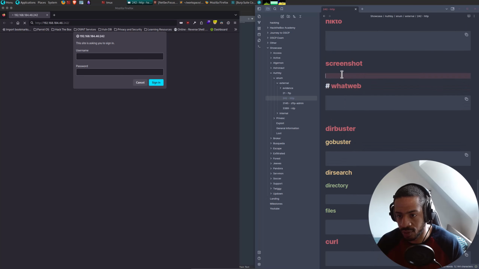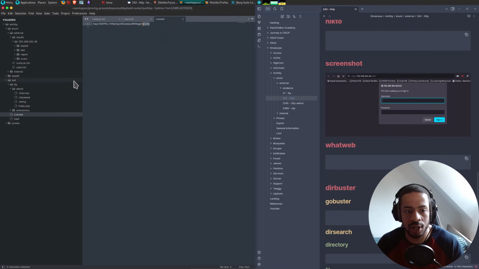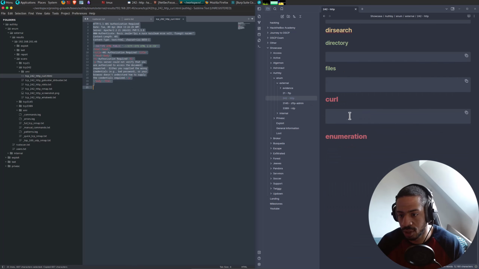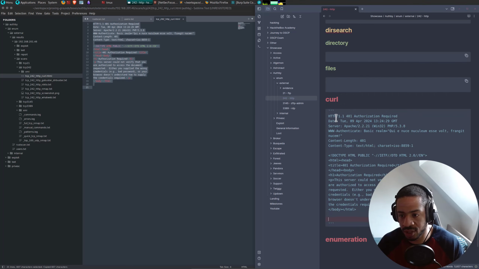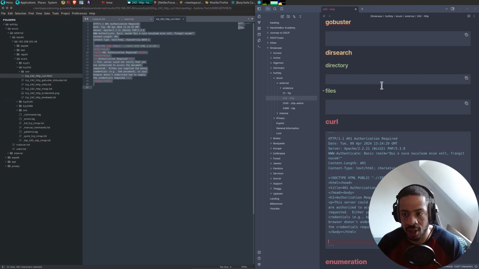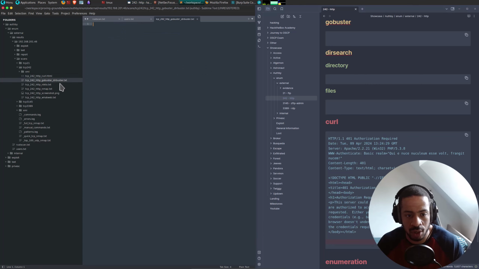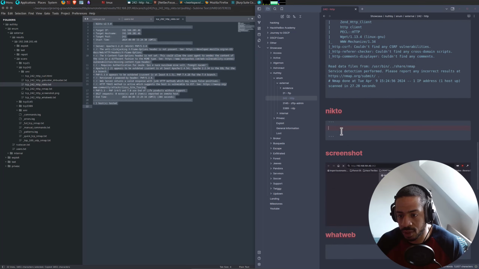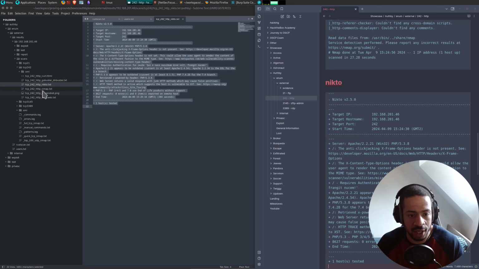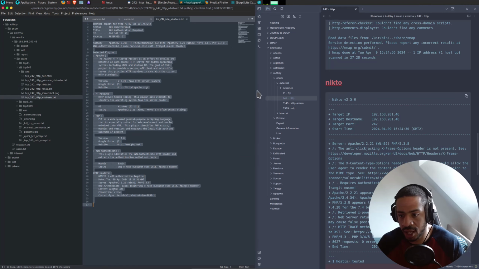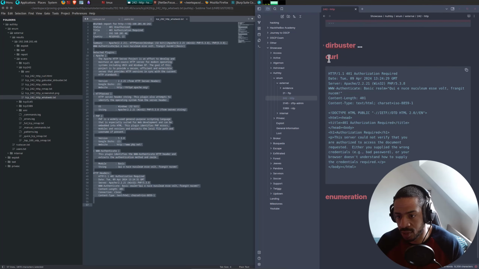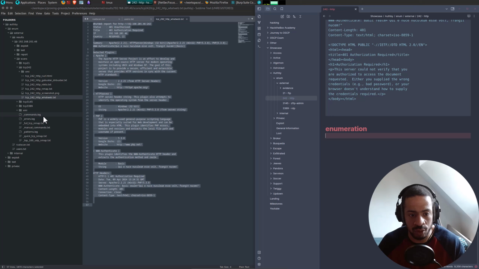So we've got the screenshots, so let's go to our notes, close this, go to scans, 242, curl. Of course, it tells us authorization required because that's the authorization box we just saw. Gobuster, nothing. Of course, Nikto, probably a whole lot of nothing as well. Nmap we've already got, and WhatWeb. And Dirbuster we can just close, and let's go over to enumeration.